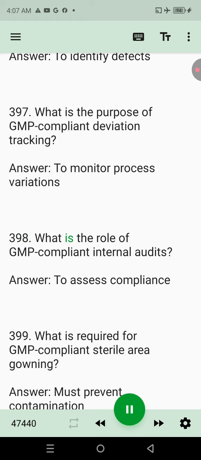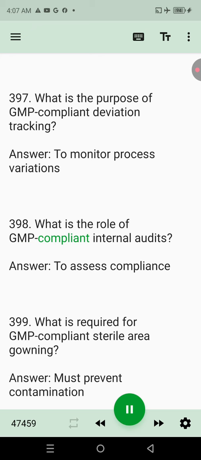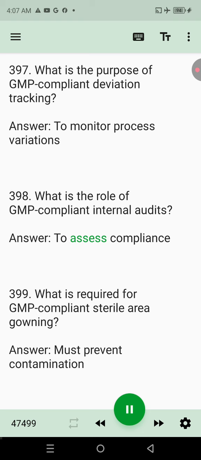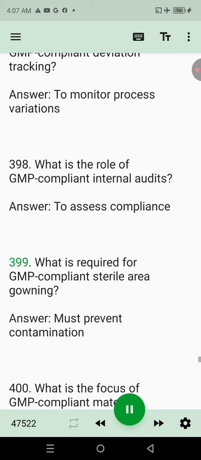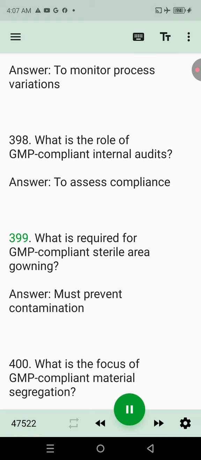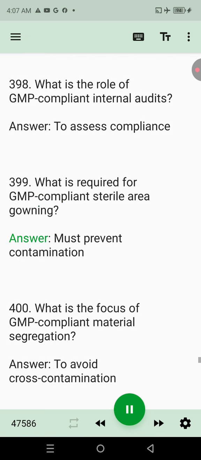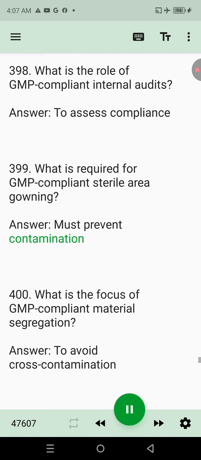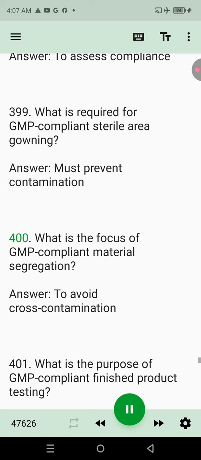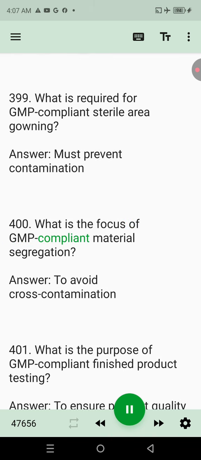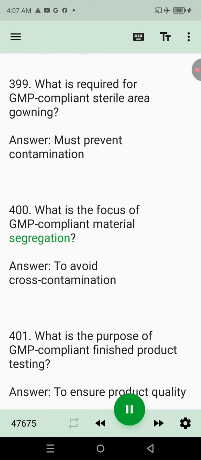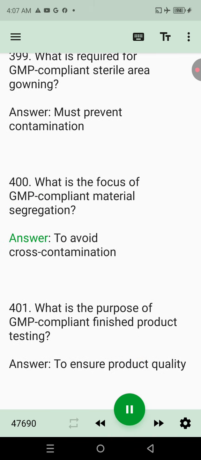398. What is the role of GMP-compliant internal audits? Answer: to assess compliance. 399. What is required for GMP-compliant sterile area gowning? Answer: must prevent contamination. 400. What is the focus of GMP-compliant material segregation? Answer: to avoid